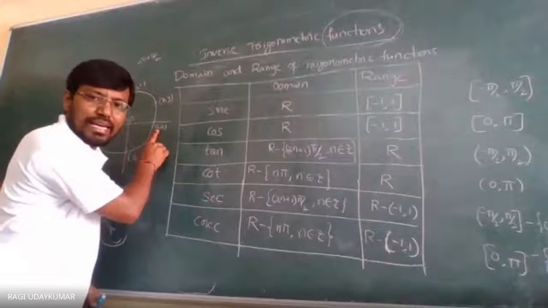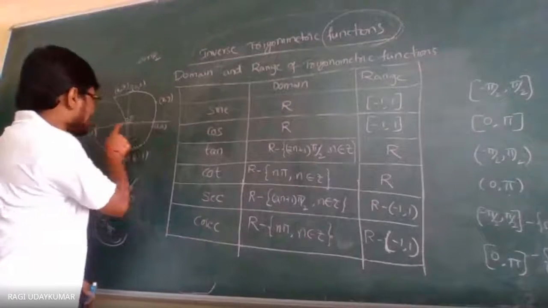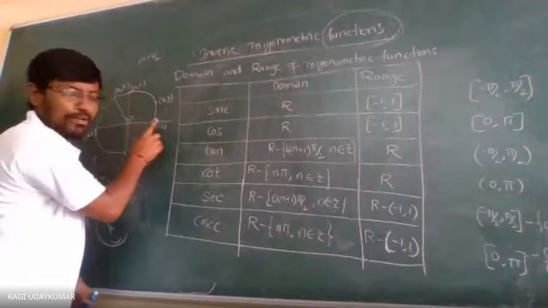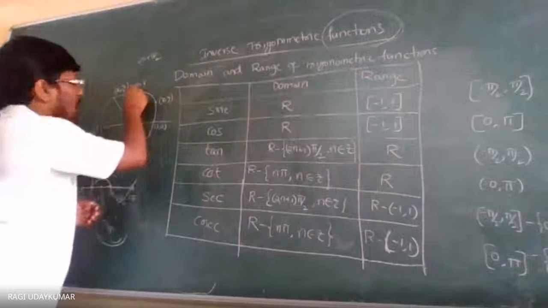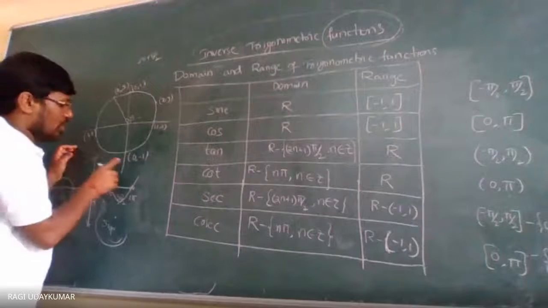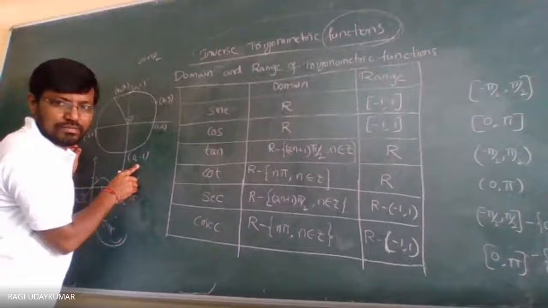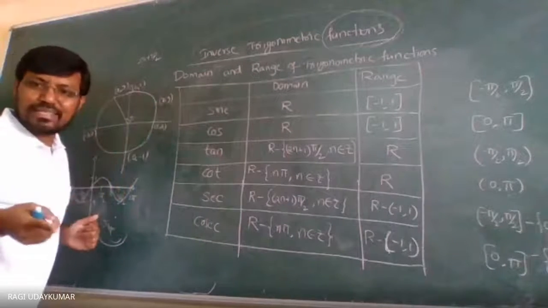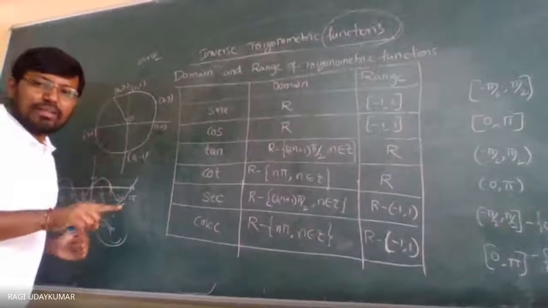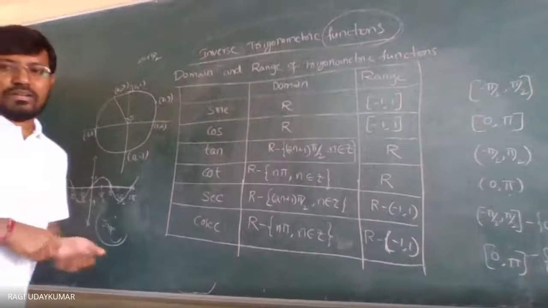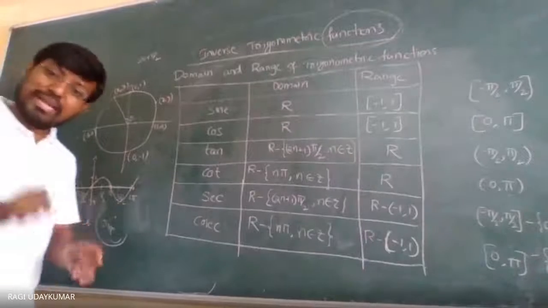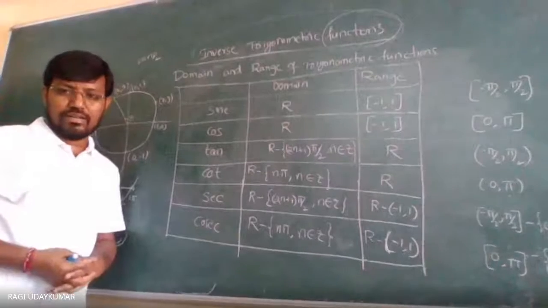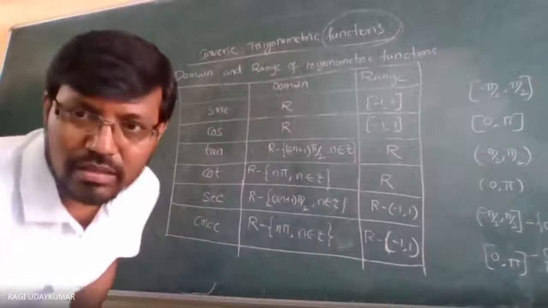Okay, these coordinates here are 1 comma 0, because I have taken this as 1 unit. This is 0 comma 1, and here minus 1 comma 0, and this is 0 comma minus 1. These are the coordinates, and the x coordinate represents the cos, and the y coordinate represents the sine. Do remember this point. That is the main definition of the sine function and the cos function, whenever you take it into consideration.